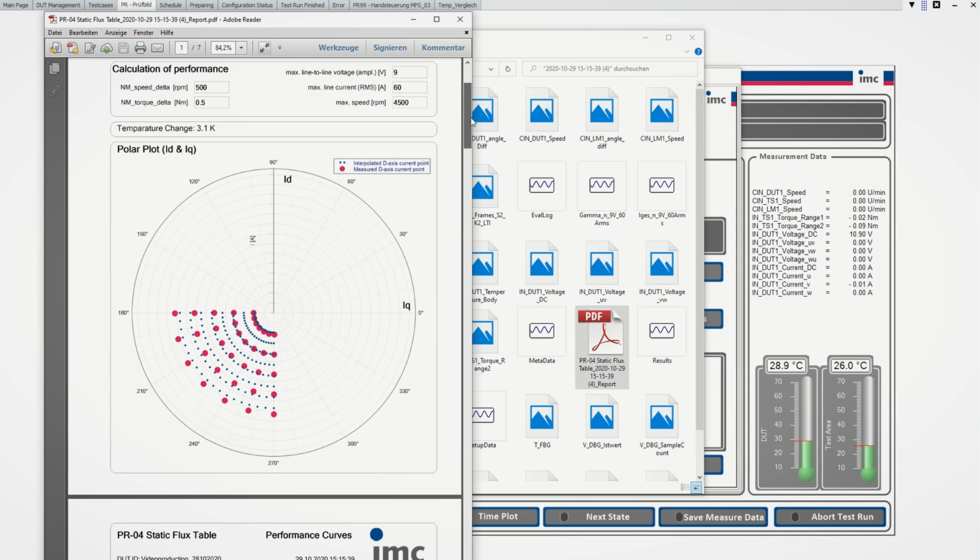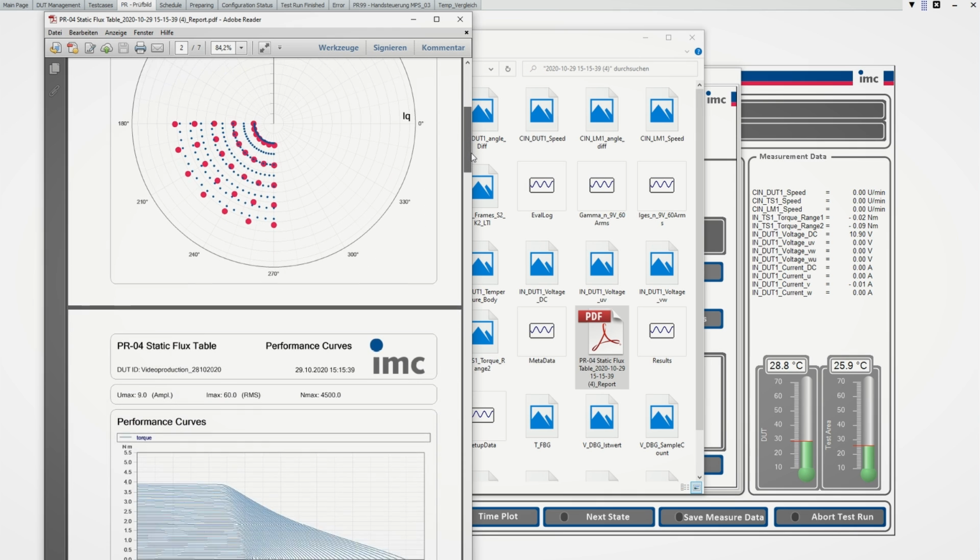but very important, the polar plot of ID and IQ. The red points are the measured data, which means we have the current variation from low current to high current over 5 points. And then we have the 7 points, which varies the D current in that section. The blue ones are the calculated points out of that one, which are used to get all the performance curves